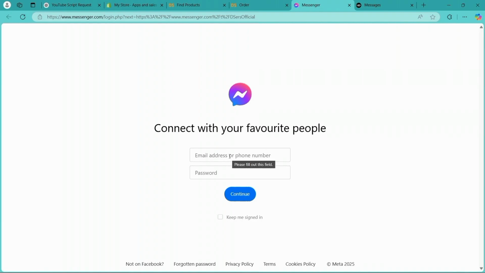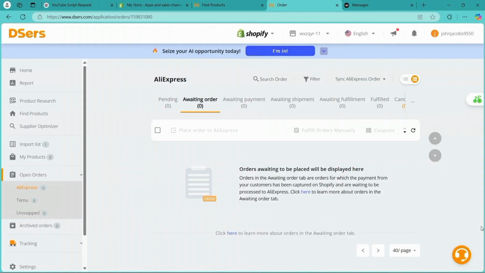You'll have to add your email address or phone number. Enter your password, click on continue. You'll be taken to Messenger and it will open up live chat for DSers where you can easily ask them to fix this problem. So these were the ways through which you can